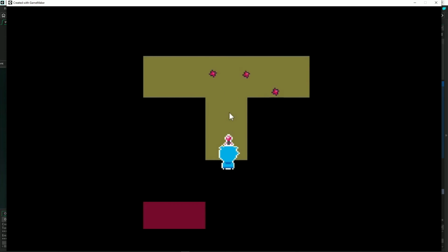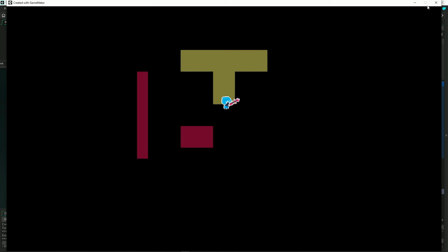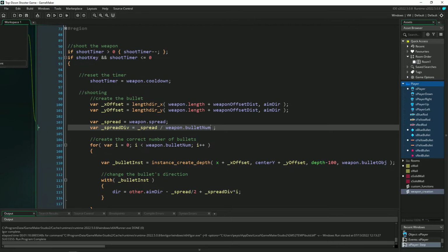There's the 2 middle ones and the one on the right, and the one on the left is just missing. That's because we shouldn't be dividing our spread angle by the number of bullets that we have, but we need to divide it by the number of spaces we have between each bullet, right? So you see here, if this were shooting straight up, this would be 3, and we're dividing it into 2 separate spaces. So all we need to do is fix that little error in logic, which would be like this. So we want to subtract 1 from our bullet number because we will have 1 less space than bullets